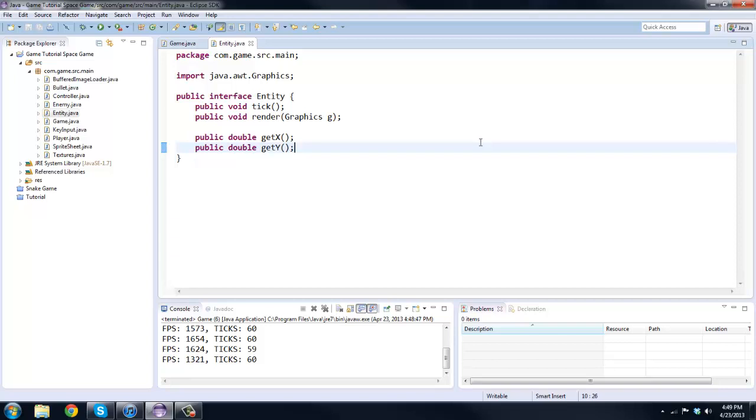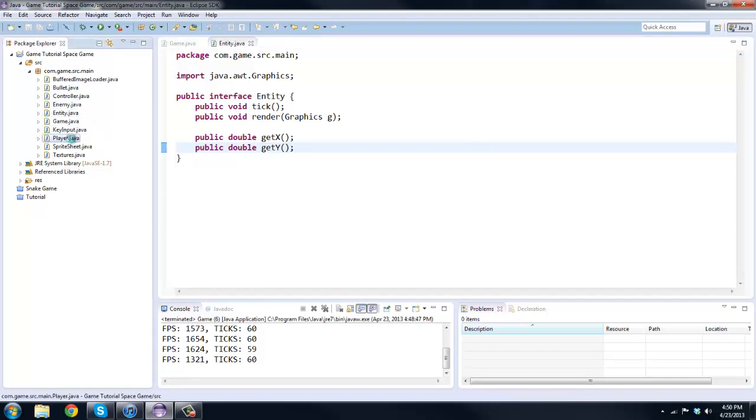So class A and class C entities, like class C could be a wall, and if you go into the wall, it's going to stop you. Those could be class C entities. And class B entities, again, could be enemies. Class A could be your players and all of your friendlies. So that's kind of how I want to do this. So we're going to have to create a couple more interfaces other than the first entity here. Okay, but first off, what we're going to do is go into the player here,